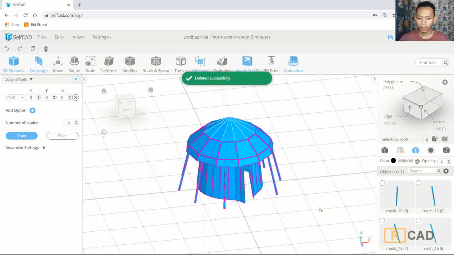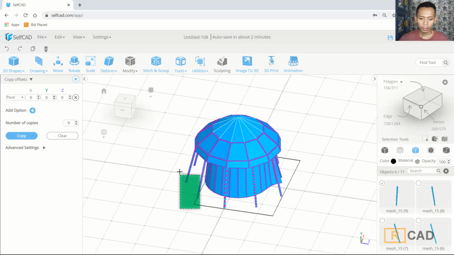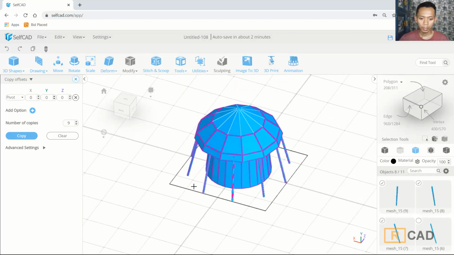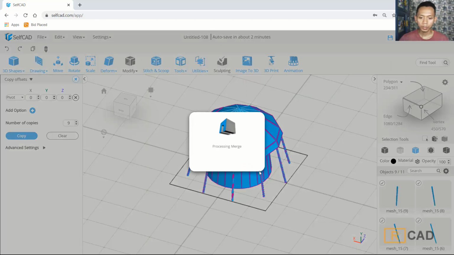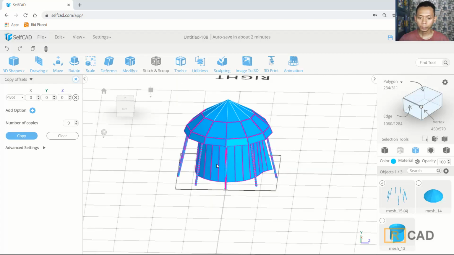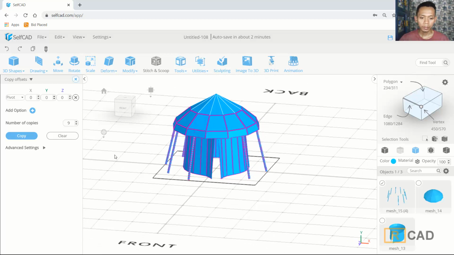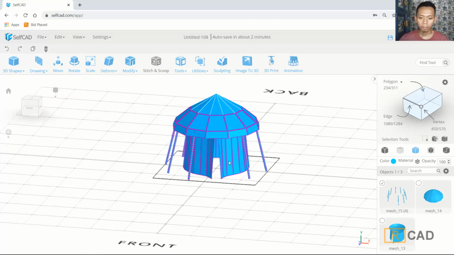Yes. Now we can select all these cylinder objects. Okay, we select in here. And now in here, I will use merge objects to merge all these objects. So we merge into one. In here we can use thickness to convert the surface into a 3D model. But first I will use